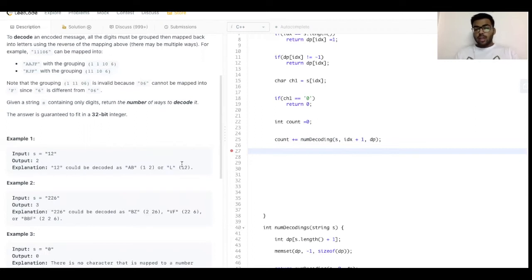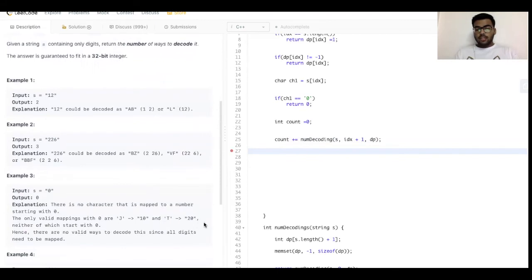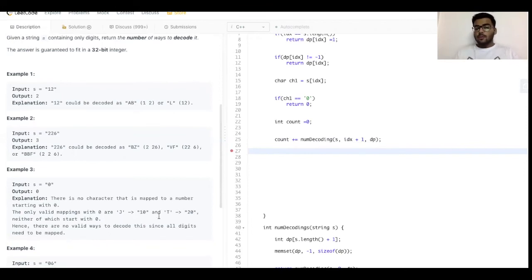For example, 12 can be represented as L, or T can be represented as 20. So these are letters which can be represented by two numbers. T can be represented as 20, J as 10, or as A and B if we consider only one number.